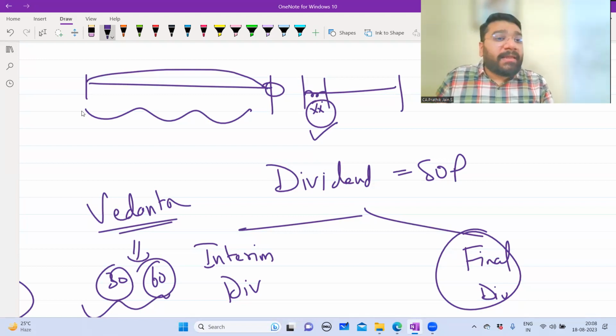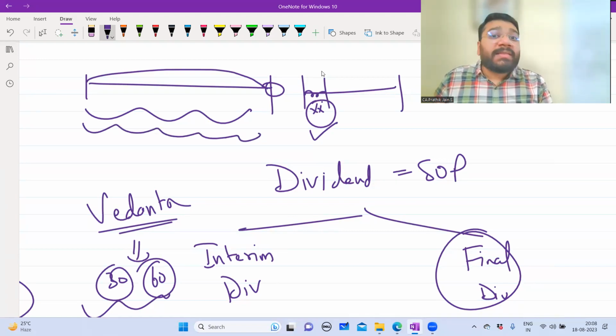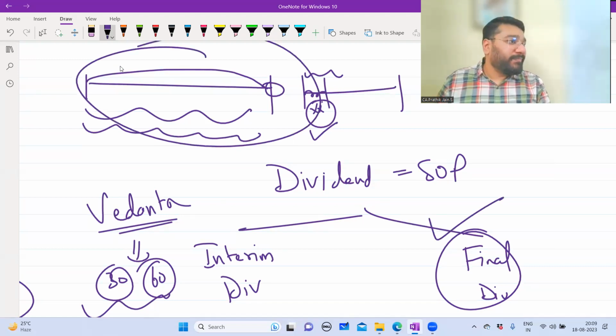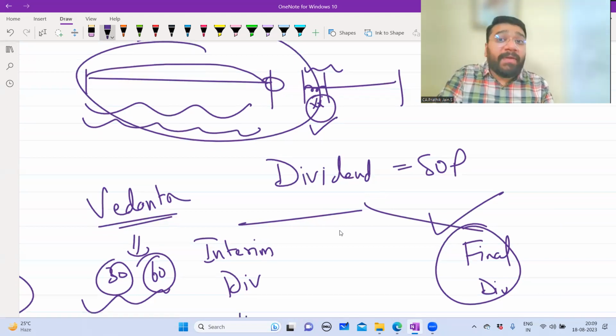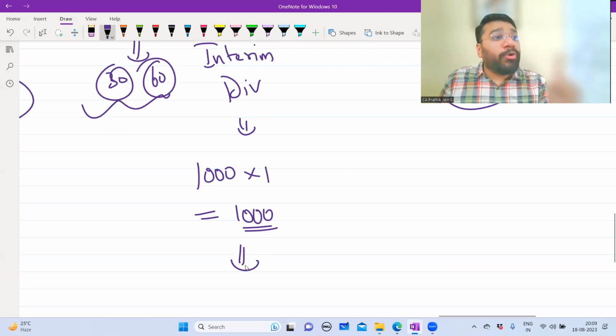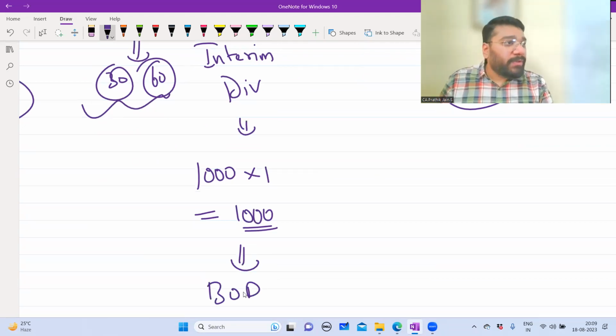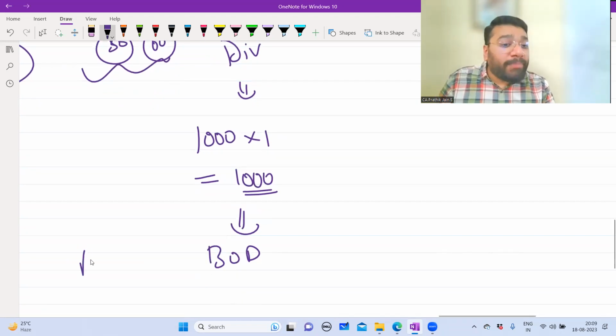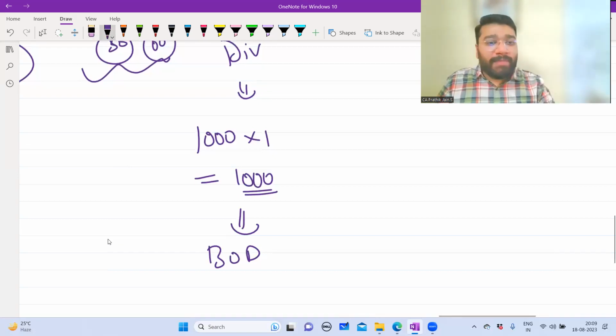Same way, guys, the company will run for the entire year. Somewhere in the next year, April, May, June, July, they will get to know what is the final dividend to be paid for this year. That is called final dividend. Listen to me very carefully. Interim dividend, how much dividend to pay to whom is decided by whom? Board of directors. So the board of directors proposes. You know the meaning of propose? Not that propose. When I say propose, people have their own imaginary dream.